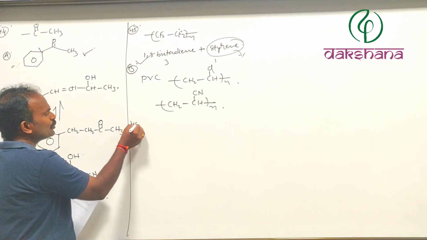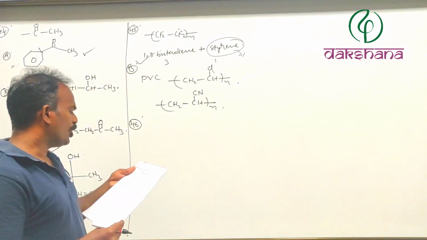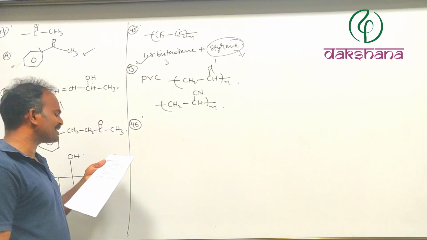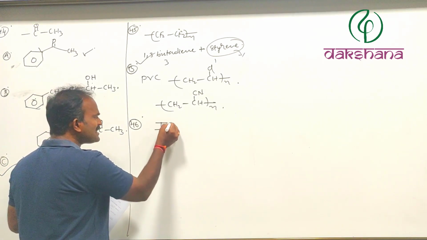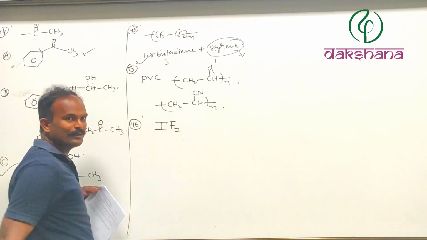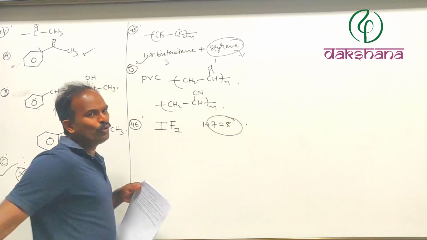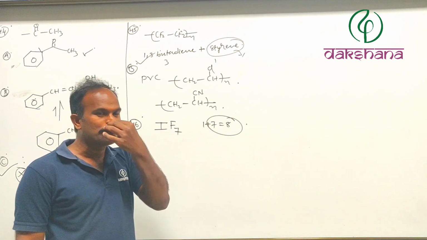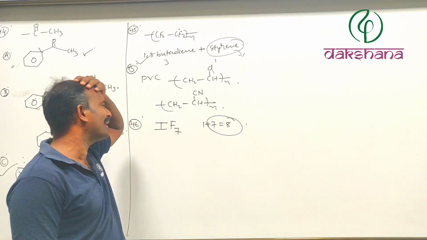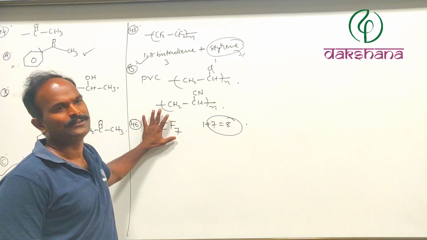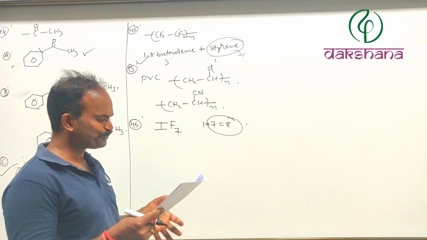Next comes question number 46. Numerical based questions, or integer questions. How many total atoms are present in the heaviest tetrahalogen compound containing iodine and fluorine? The highest compound formed is IF7. In this, the total number of atoms is 1 plus 7, that is equal to 8. This is the highest valency possible for iodine.